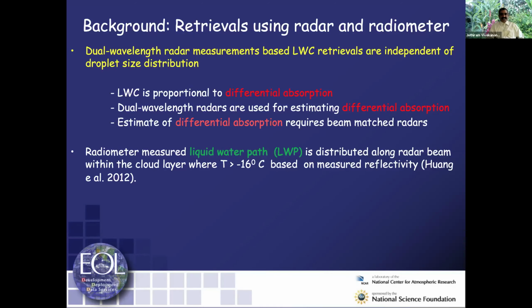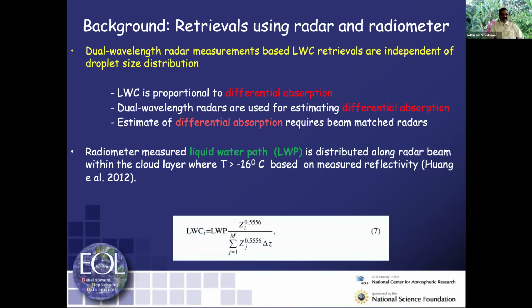Also, people used radiometers, which measure the total liquid water path. Then they could come up with a dBz, some kind of boundary with the liquid water path from the radiometers. They can come up with the profile liquid water content. Again, we need to know the Z-LWC relation, where the liquid water consists of cloud droplets and drizzle droplets. Without that, again, that technique is also not that easy to implement.